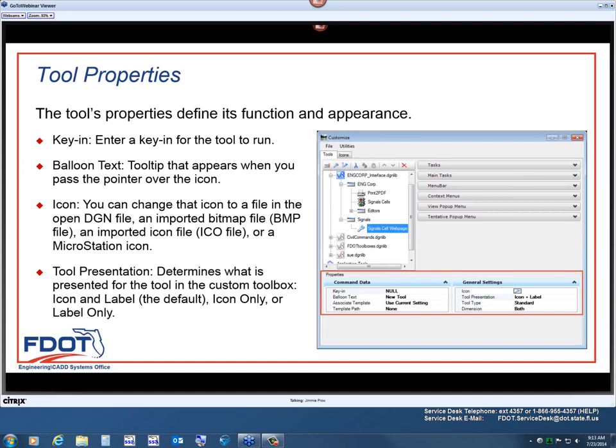Or you can grab icons from other MicroStation tools. So there are many different ways you can choose icons in there, and as we get into it and start looking at that, you'll see some of the options. And then basically tool presentation just determines how